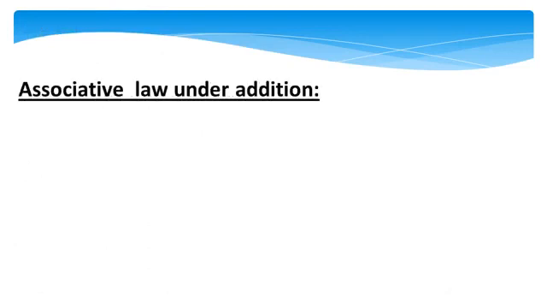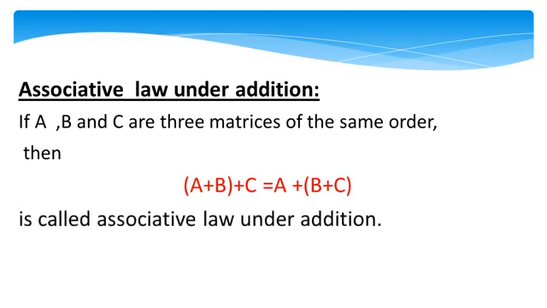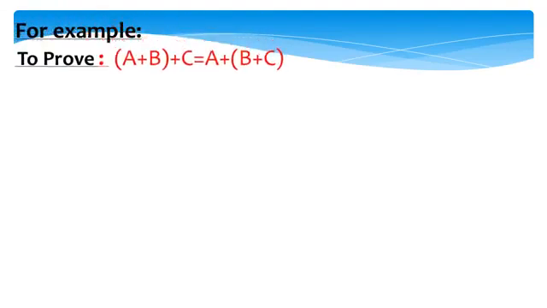Associative law under addition. The definition is: if A, B and C are three matrices of the same order, then (A + B) + C = A + (B + C) is called associative law under addition. For example, to prove associative law,